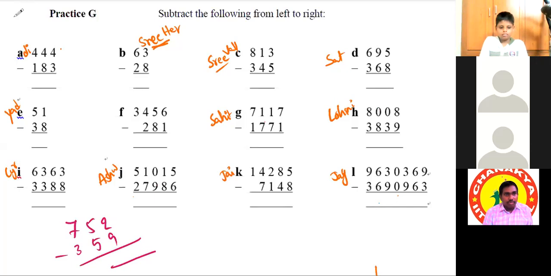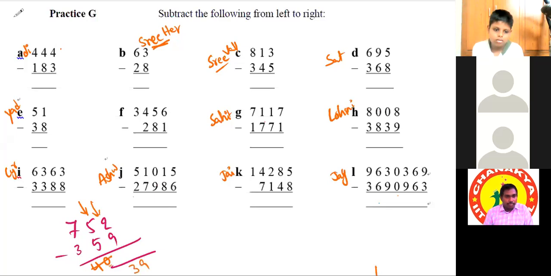See how to solve this type of question. This is special, that's why I'm telling. 7 minus 3 is actually 4. Because the next place is a match, we have to consider it as a match because subtraction is possible. 5 minus 5, subtraction is possible. That's why we have to consider it as a match only. So 7 minus 3 is 4. Keep it as it is. 5 minus 5 is 0. But see the next place. It's a mismatch. How can you subtract 1 from 0? Because we cannot subtract 1 from 0, we have to subtract 1 from 40. So make it 39.